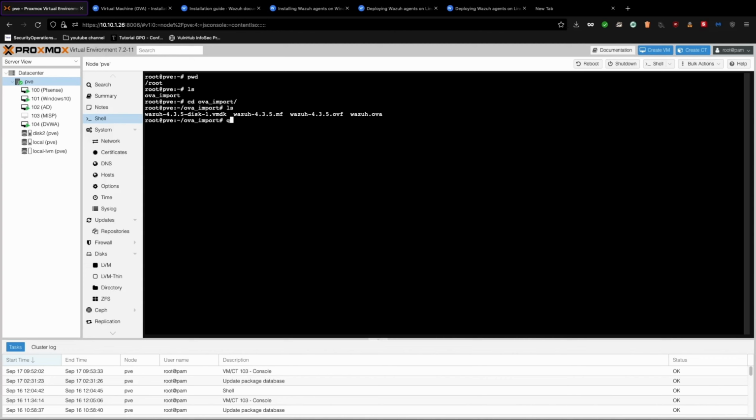So first of all, we're going to import. We're going to create a VM. So to create a VM, the command is qm importovf and the virtual machine number. You can see this 100, 101, 102, 104. So I'll create 105. So this is the OVF file, so I have to give this one, Wazuh 4.3.5.ovf,